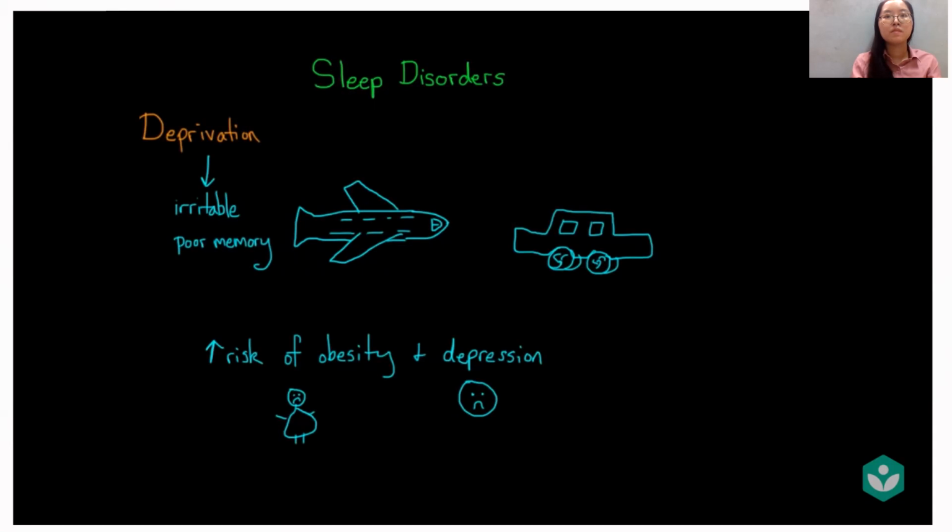Your next question might be then, how much sleep is enough sleep? It's kind of a hard question to answer, but most adults need about 7 to 8 hours of sleep, but the exact number varies by individual and by age. Babies need a lot more sleep, for example, and older adults can often sleep less than 7 or 8 hours without severe detriments.